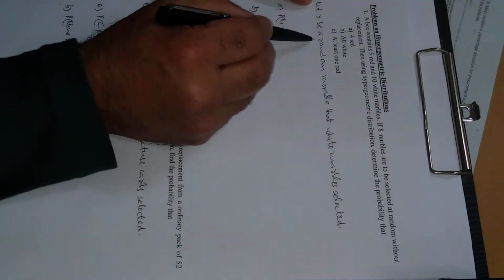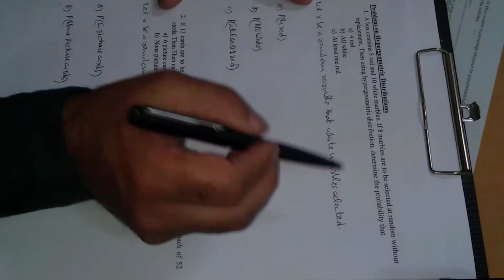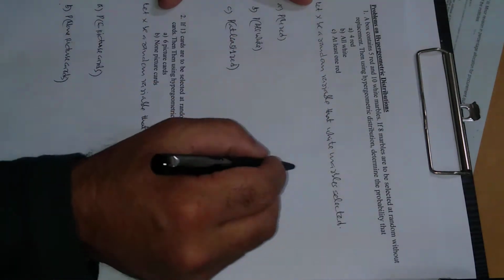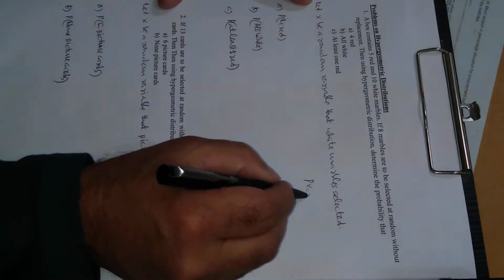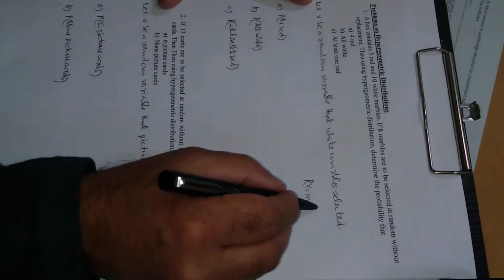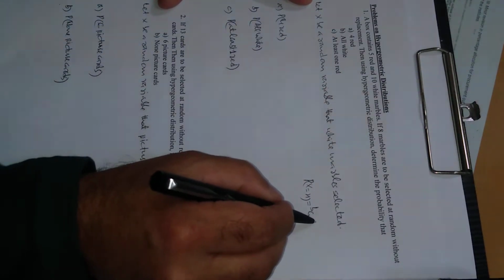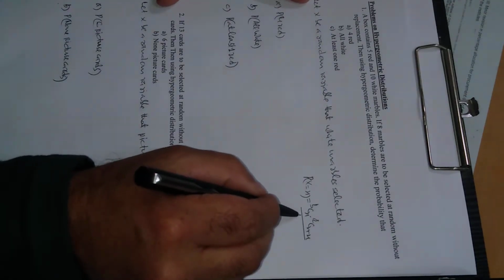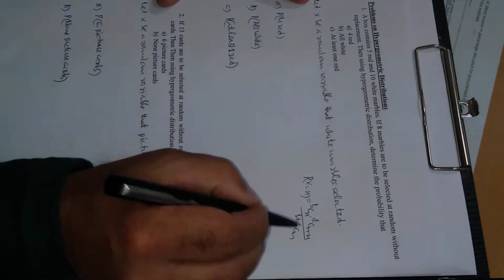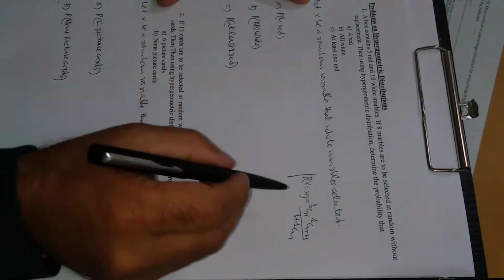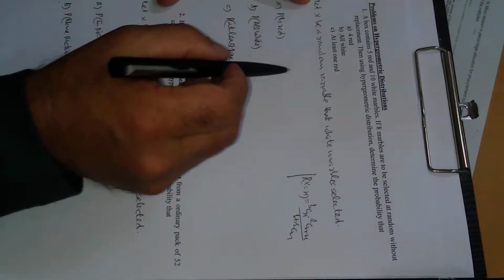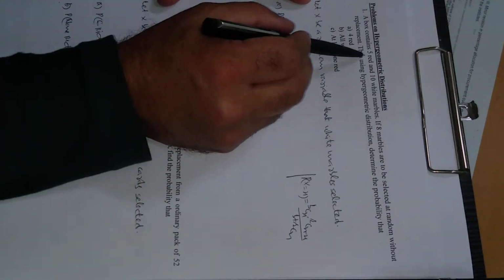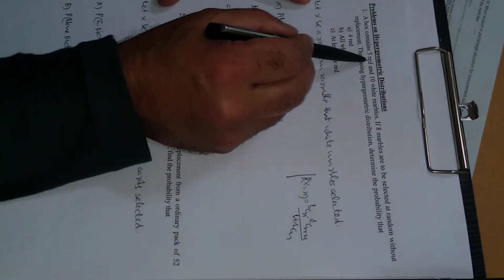So first of all, let x be a random variable, the number of white marbles selected. So you must remember this formula: P of x equal to small x is bCx times rC(n minus x) divided by (b plus r)Cn. So this is the density function for the hypergeometric distribution. Now the random variable is in terms of white marbles. So if you suppose one color to be white, then the other will be red.